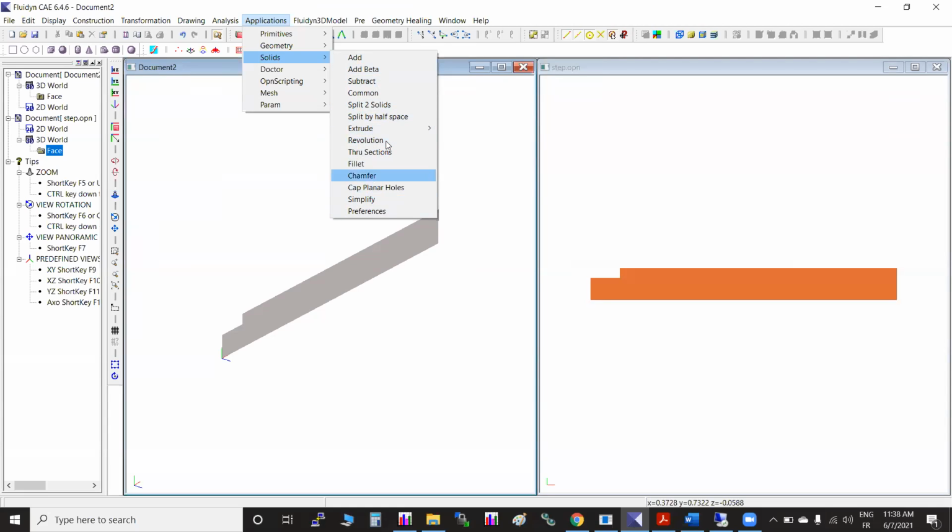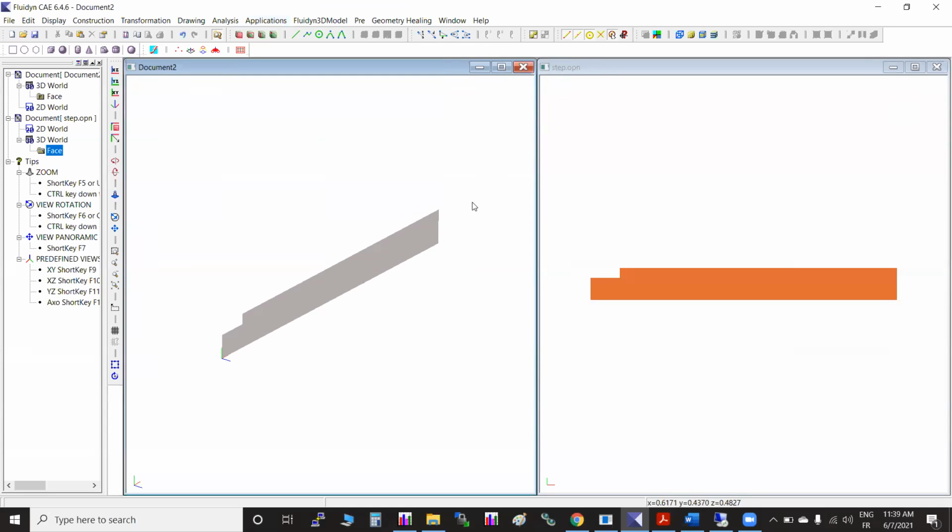You will find one of them. Okay, mostly extrude or revolution. Other things are used once you model the 3D object. So I think you must have got some idea that we are looking for construction, then we are looking into application. These two options only we are playing, right? Most of the operations are available in these two options.